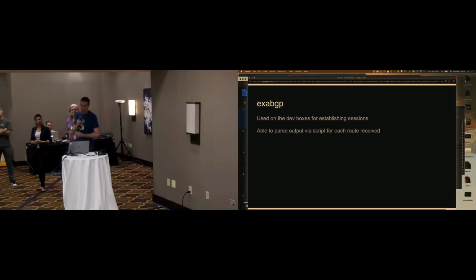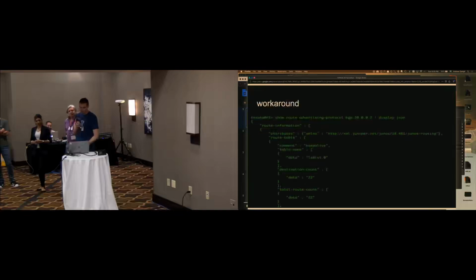You're able to parse output via a script received for each route received. We weren't able to get that working. We were playing around with it a little bit, but we weren't able to get that JSON. So what we did as a workaround was, once we had BGP established, of course, not only is the dev box receiving the route, but the Juniper is also sending the route. So we logged on to the Juniper box and just did the show route advertising-protocol BGP, piped it to display JSON, copied that into a file, and then pasted it into the Python interpreter, played around a little bit with that